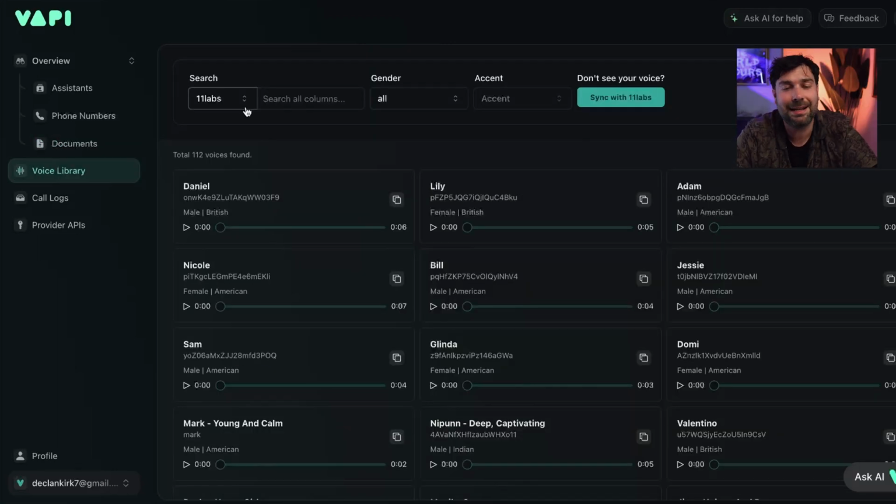Next, you've got the voice library. Now, this is something really handy that I didn't find out about initially. So this is probably the best place to try out the different voices. You don't select them here for your agent, but it's here that you can actually try them out. So if you think 11 Labs, which I think is the best provider, what you can actually do is go through and think, let's see what Lily, who's a British female, sounds like, and press here and get a nice sample.